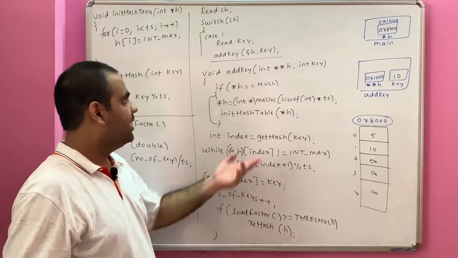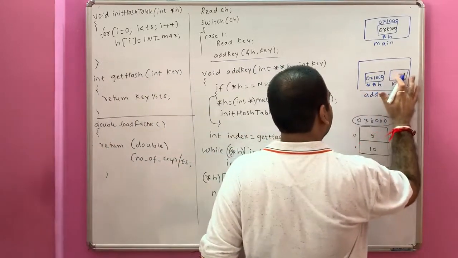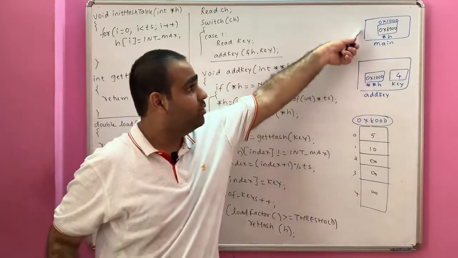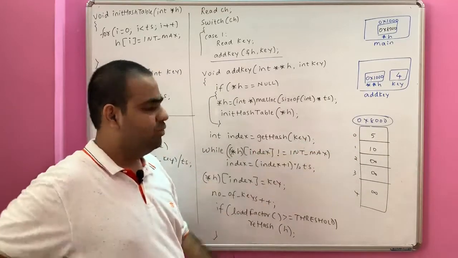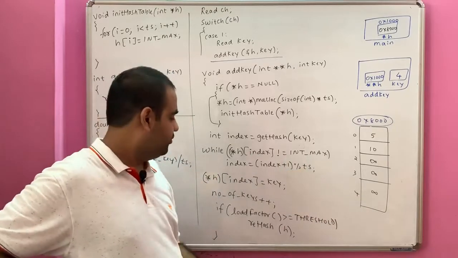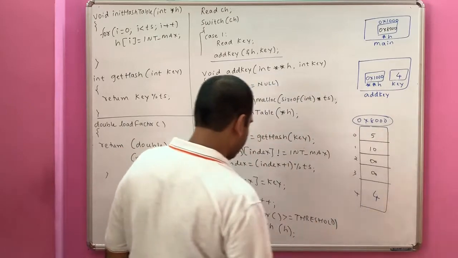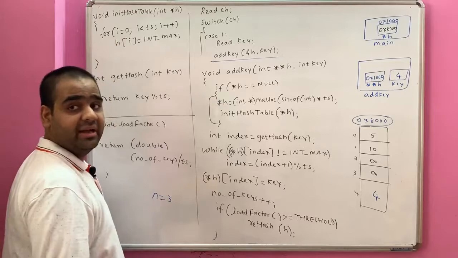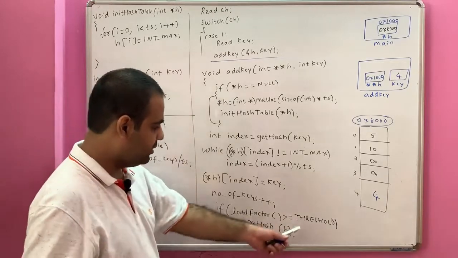No. Again let us say that we want to add the key. This time let the key be say 4. Okay. Now is star h equal to null? Go to address 1000 and get the value. Is it equal to null? No. Get hash of 4, it becomes 4. Star h of 4 is infinity, not equal infinity is false. Star h of index is equal to key. Now the key is 4 over here. Number of keys will become 3. Get the load factor. 3 divided by 5 is 60%, greater than or equal 80%.